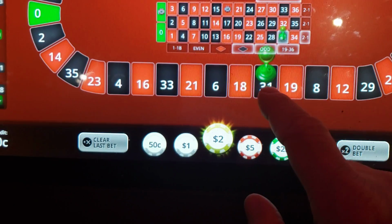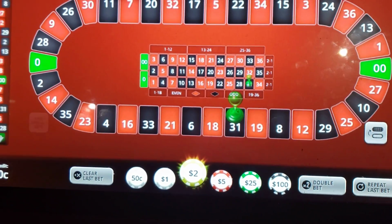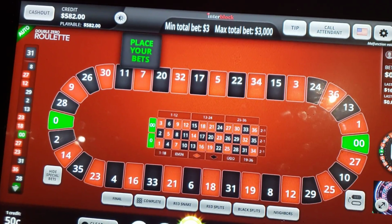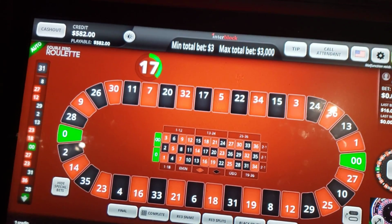Close to our 18, right next door. It hit that flipping 31 right there, right next to our 18. But again, you see how this plays out. You follow patterns of the wheel. The wheel